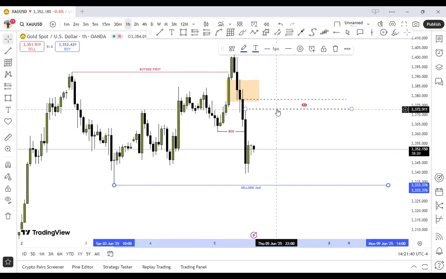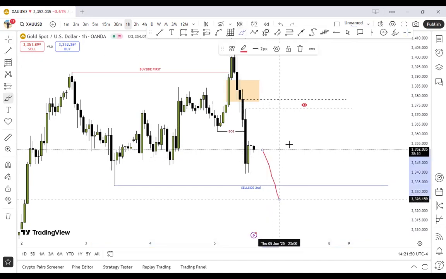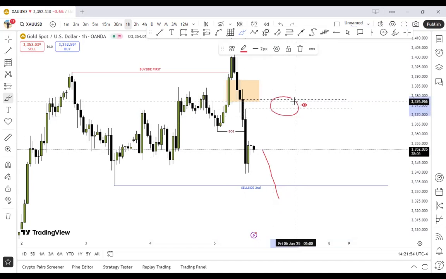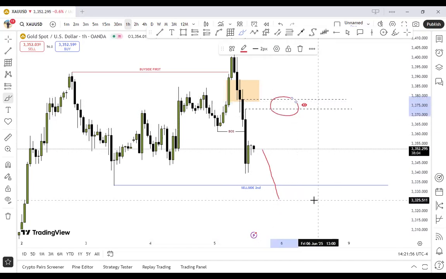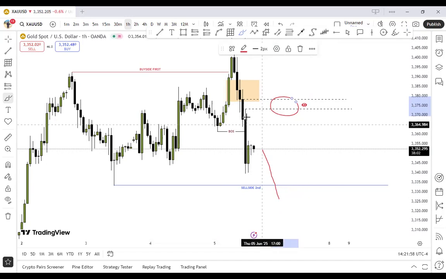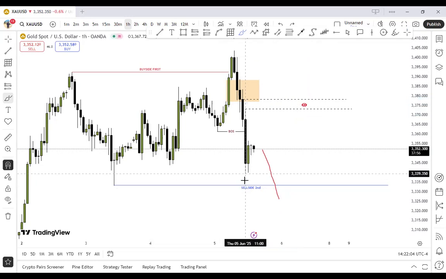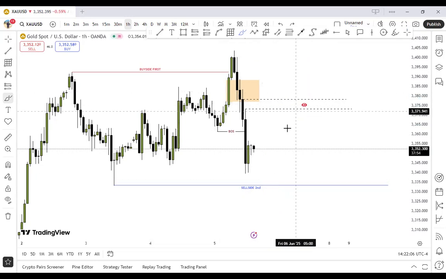Yes, I'm thinking of selling from this point, but it's possible for price to trigger this thing before taking this thing. Okay, fine. If it happens that price takes out this low before taking this fair value gap, this fair value gap is no longer valid for now. Okay, it's no longer valid because the higher time frame key level is tagged. But I think it's going to get tagged, this thing here.